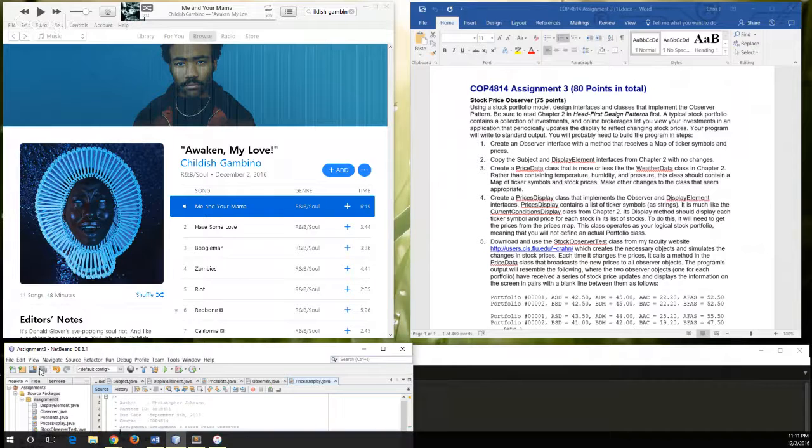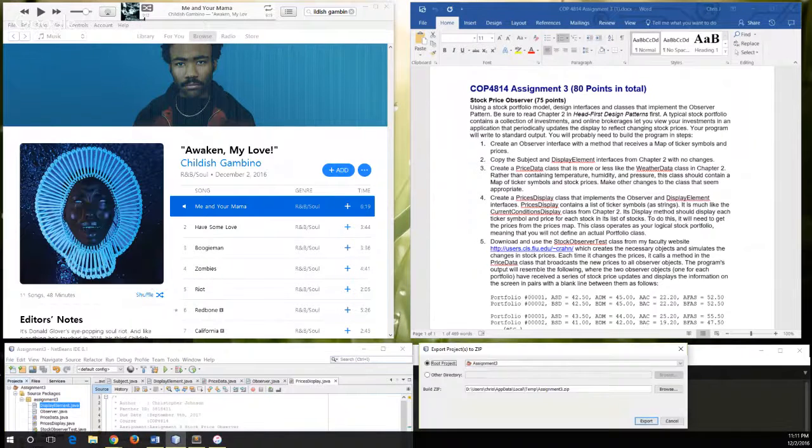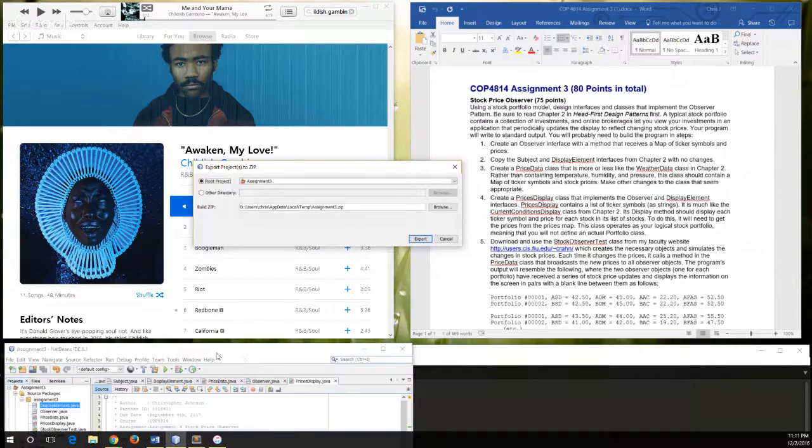This is NetBeans. It's fairly simple and easy to export your entire project. So that's what I'm going to do first, export to zip. I'm going to bring it up here. I'm keeping the IDE and my text editor down on the bottom here because I don't actually want to share